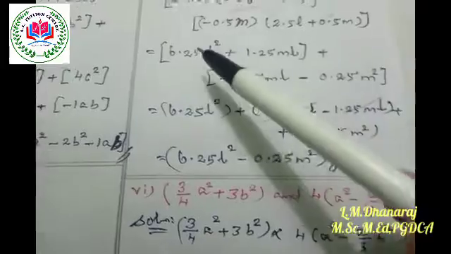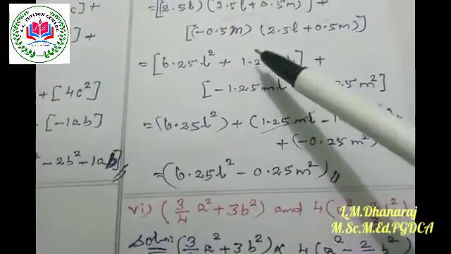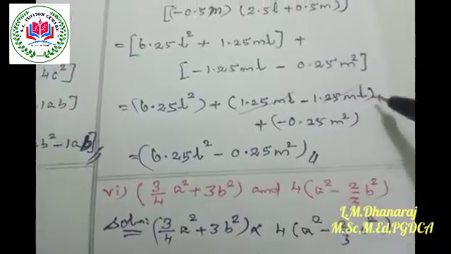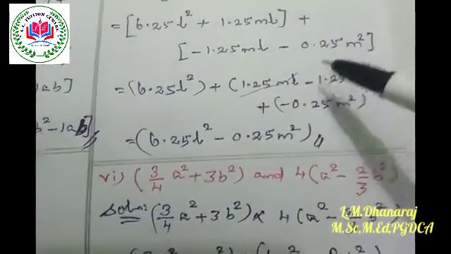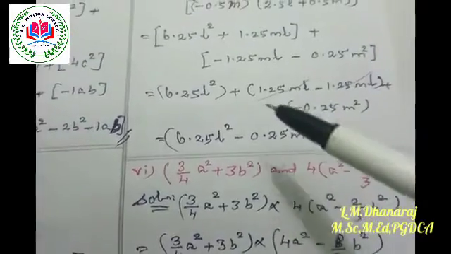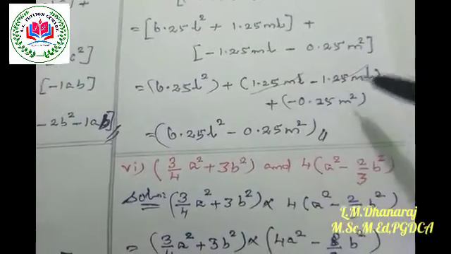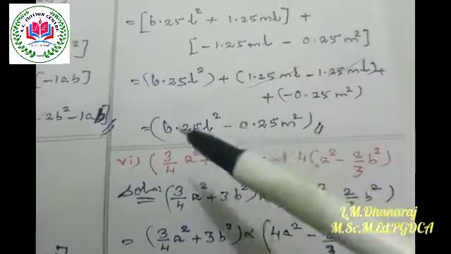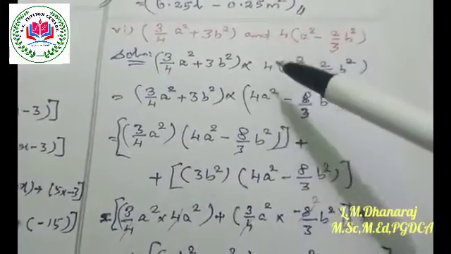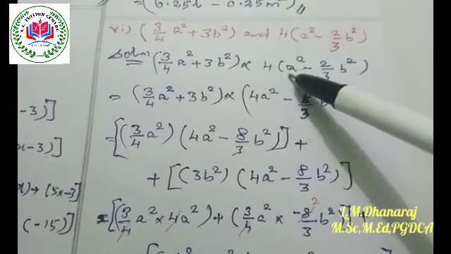Now we have to group the terms, that is 6.25L square plus 1.25ML minus 1.25ML plus minus 0.25M square. Now plus 1.25ML minus 1.25ML can be cancelled. So the remaining is 6.25L square minus 0.25M square. This first Roman letter, sixth subdivision, 3 by 4A square plus 3B square into 4 of A square minus 2